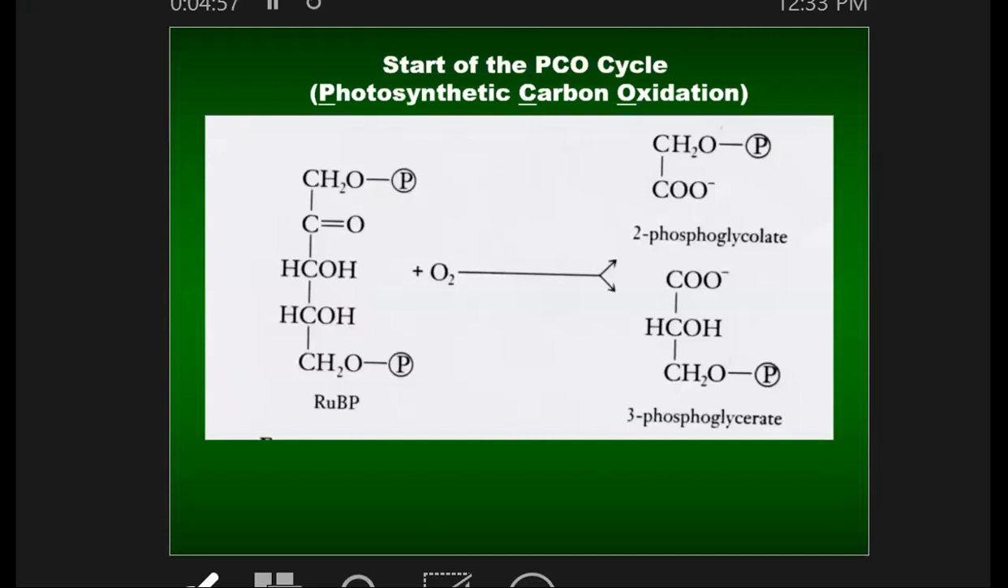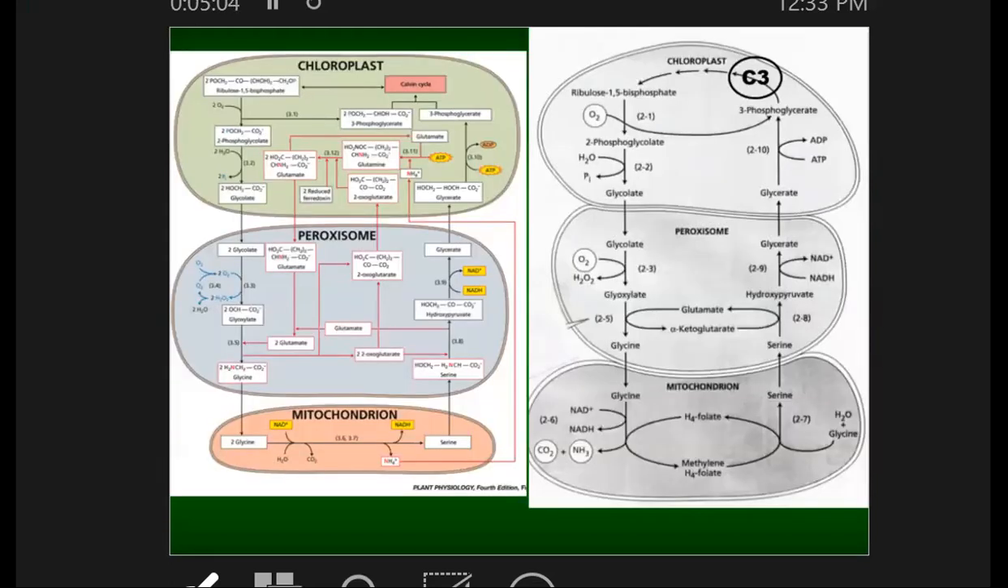All right, so here again, you're seeing that 2-phosphoglycolate. That's a problem. It can't feed into the Calvin cycle. And so instead it does the PCO cycle, which is this really complicated looking pathway. And so if you look at the top,